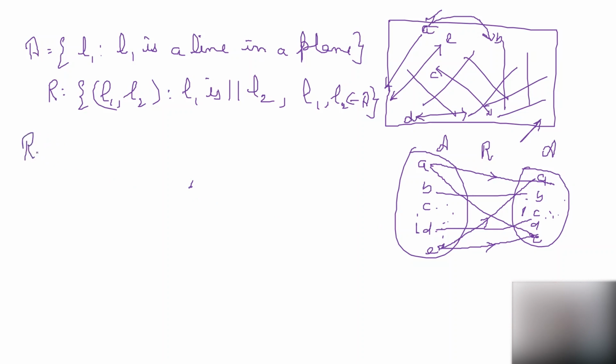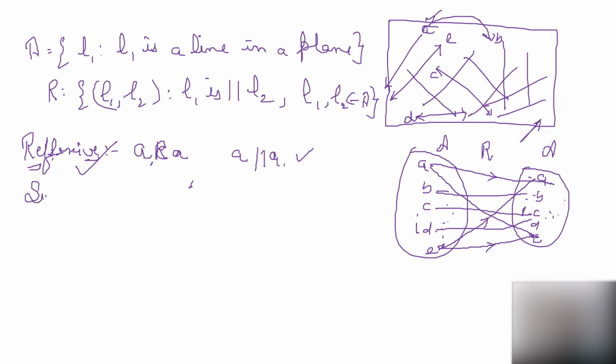Very first we are going to check, is it reflexive? Is this relation reflexive? Reflexive means A is related to A, meaning line A is parallel to itself. Is it true for all elements? Yes. Therefore, this is reflexive. As we can see from the ray diagram also, A is related to A, B is related to B, C is related to C, D is related to D, E is related to E, and so on for all the rest of the lines also.